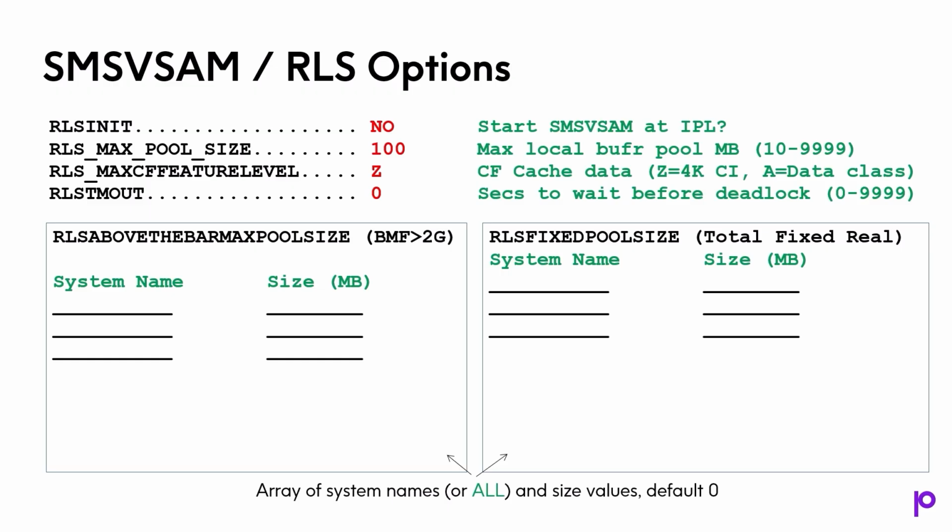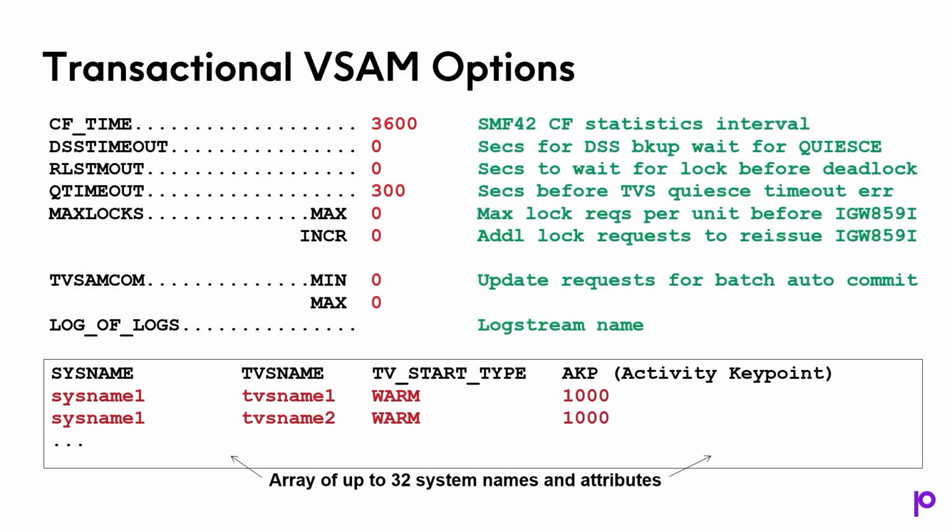record level sharing options that we won't go into, but this is what makes the IGDSMS00 members so large: you can set individual options for things like PDSEs or for record level sharing, and you often may have to set it for each of the systems in the SMS plex. There's a similar set of